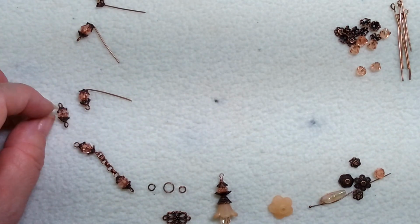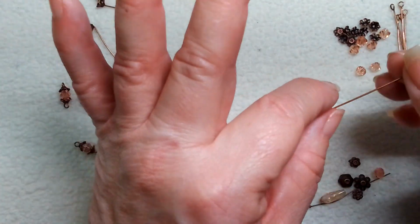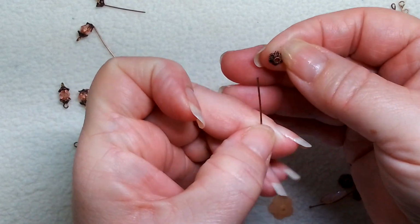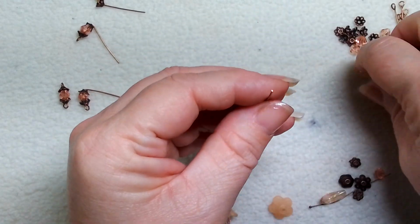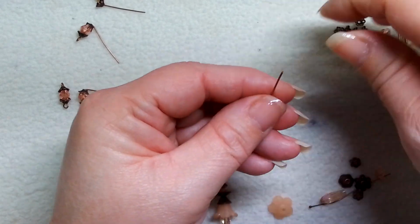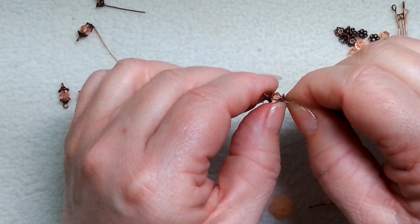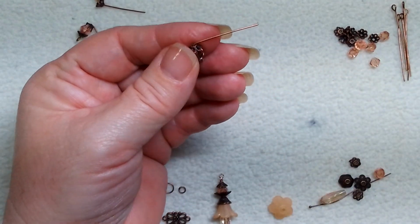So there, well, that one came out floppy anyway, but oh well, that's life. So I'm going to take a copper eye pin, just one of these cute little, I think they were called a rope or bumpy rope bead cap. I don't have the paperwork for them because I just put them all in a container. One of those little crystal bicones and another bead cap, and that's all I'm going to do for the 12 of these. Just put it on my fingernail, bend it over to get a nice tight bend, find my cutters,